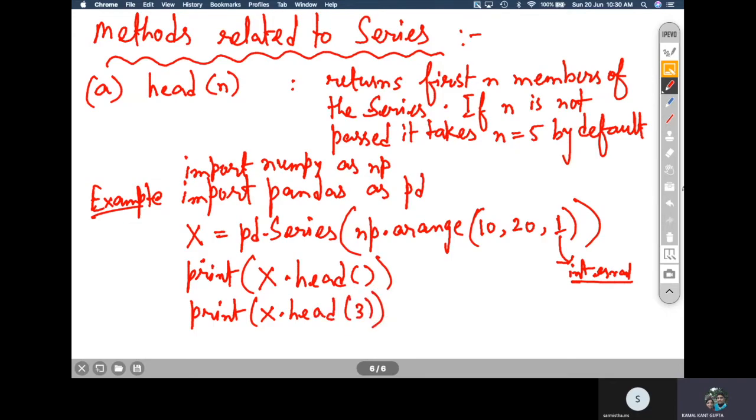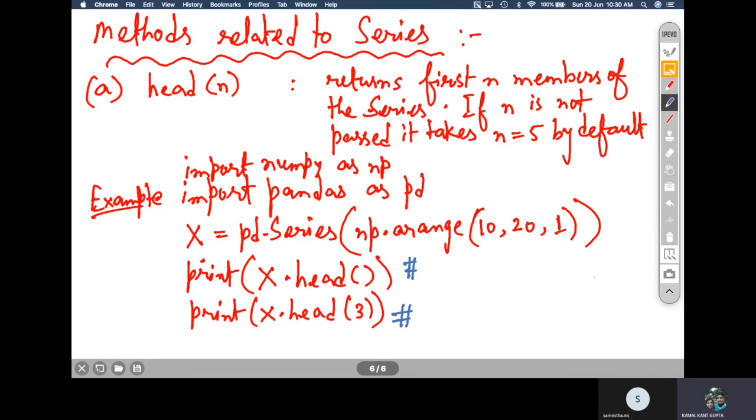Can you tell what the output of the first one and the second one will be?